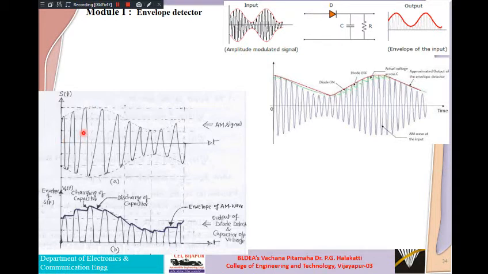Suppose you take this one as a positive peak, so it is rising slowly from 0 in the positive direction to the peak. When it is positive, more than 0, and goes on rising up to the peak, that is sufficient to make this ideal diode forward biased, meaning it is on, and it is acting like a short circuit.